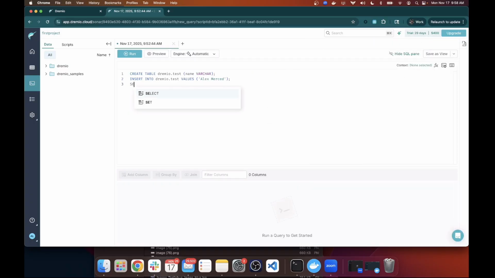And then last, what I'm going to do is query that data set after we create it. So select star from Dremio.test. Okay, so now what I'm going to do is position my cursor up here and hit run